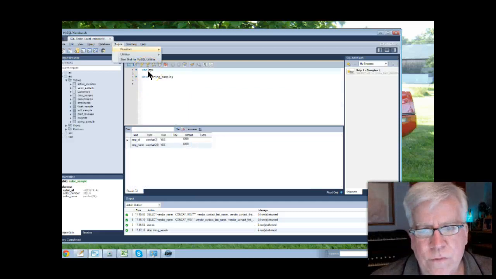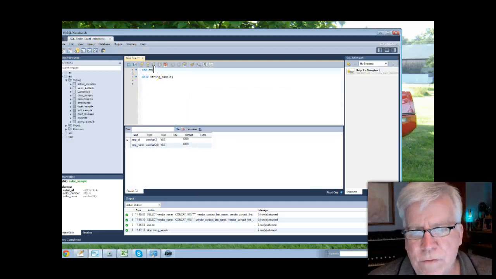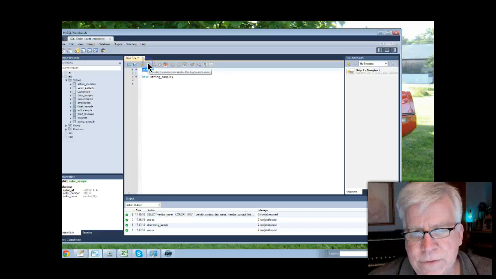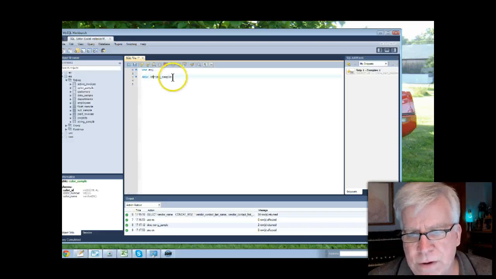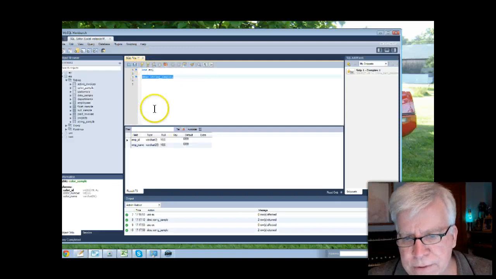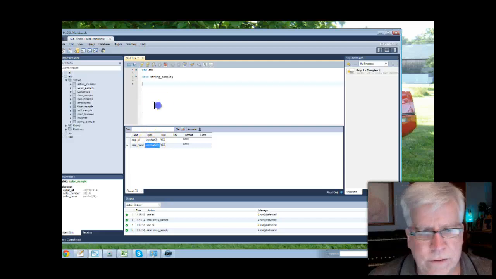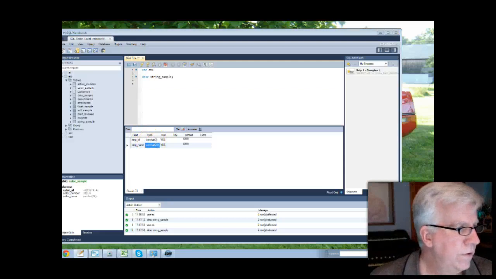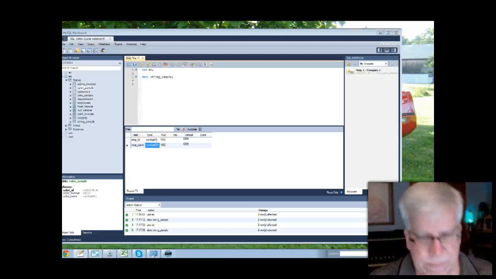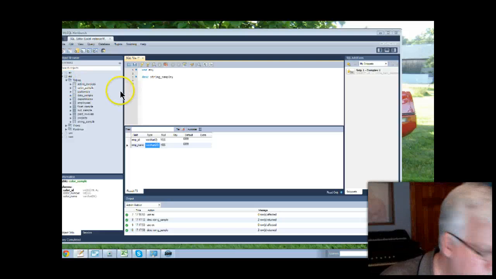Okay, we're on page 246 and 247. We're jumping over to the EX database, so let's use this. I'm going to focus on a table called string table, so let's describe it and look at it. The key thing here is the employee ID and the employee name are both varchars, 3 characters long and 25 characters long. The first example that they give us on 247